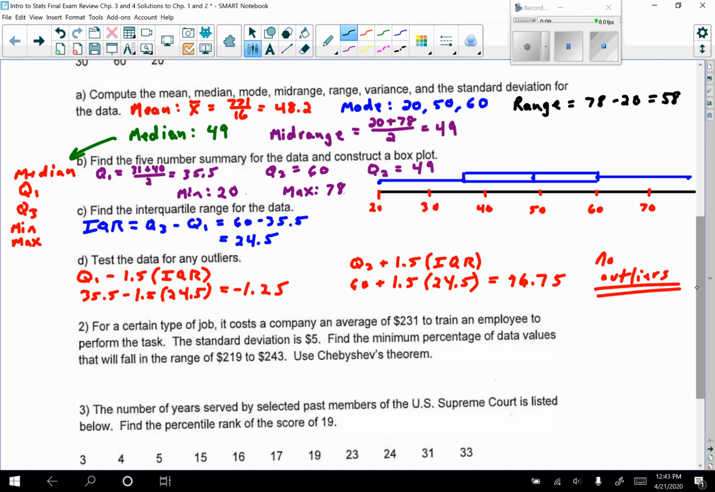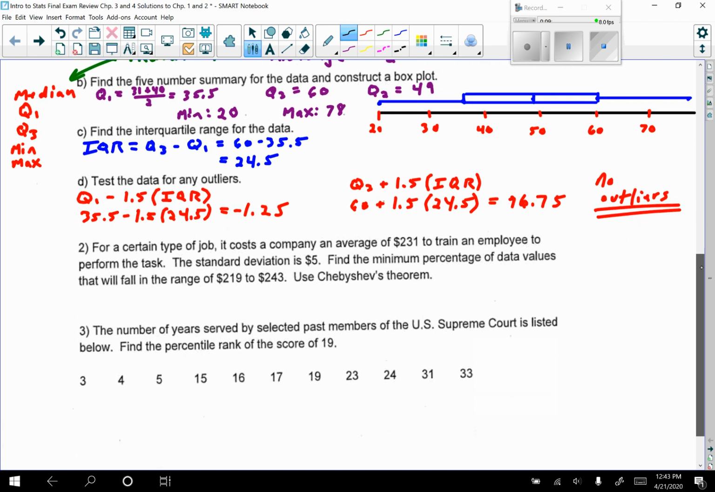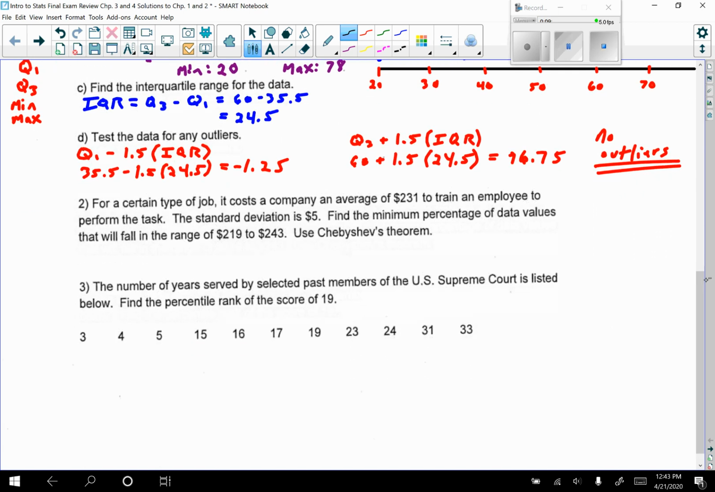That's again how we conduct our test for outliers. All right, number 2 is having us use Chebyshev's theorem. So it says for a certain type of job, it costs a company an average of $231 to train an employee to perform the task. Standard deviation is $5. Find the minimum percentage of data values that will fall in the range of $219 to